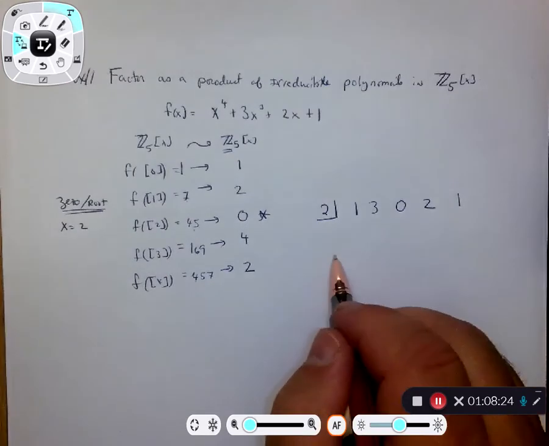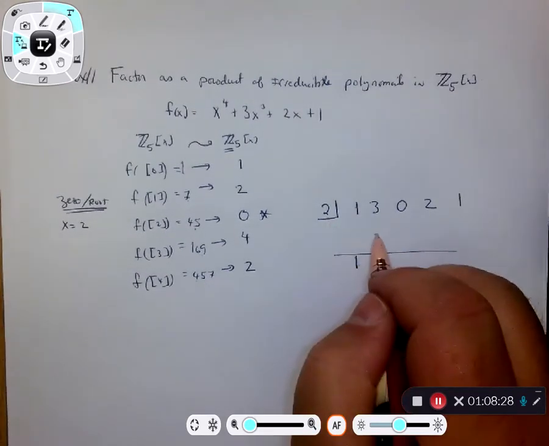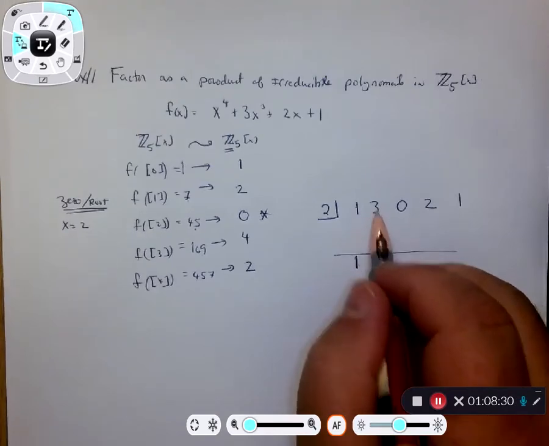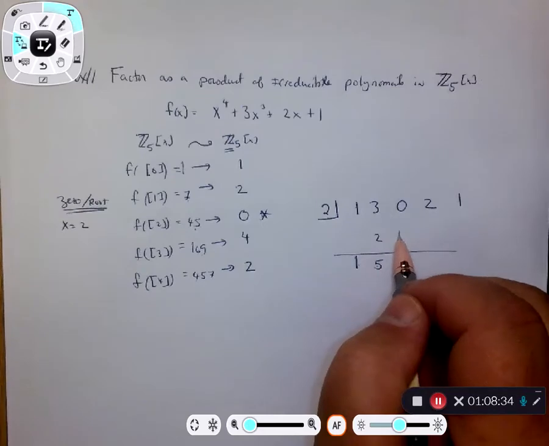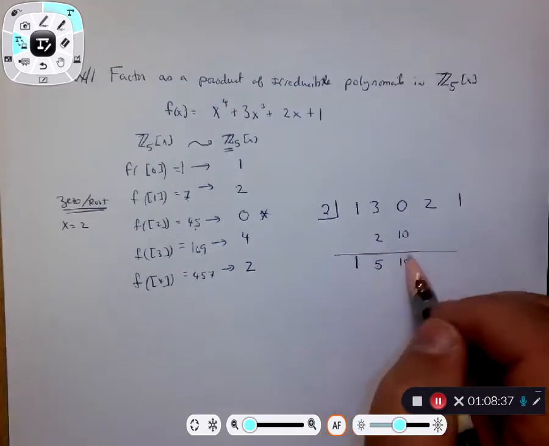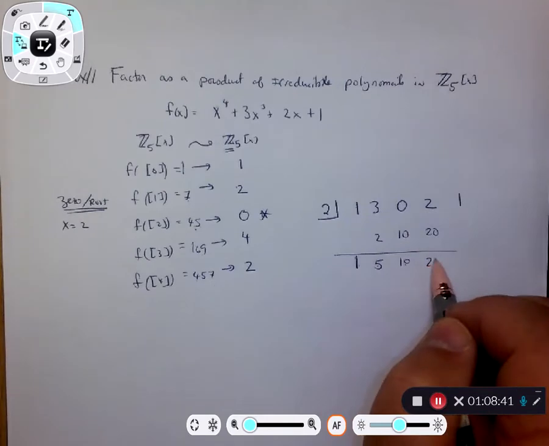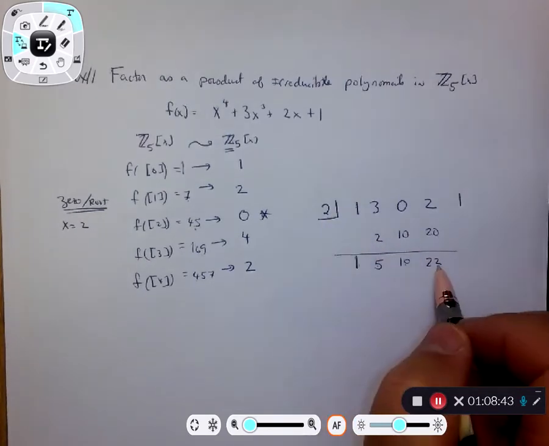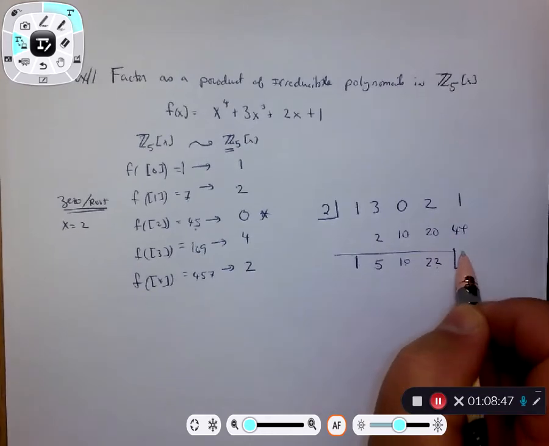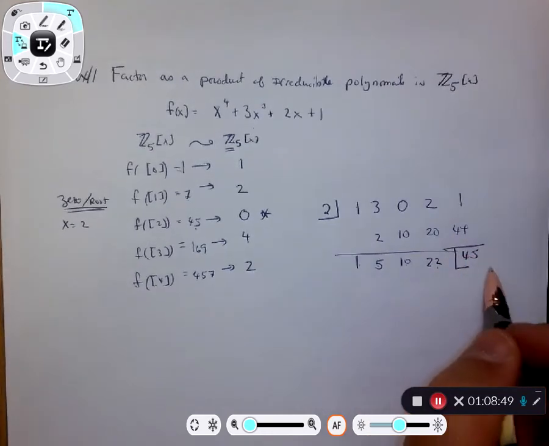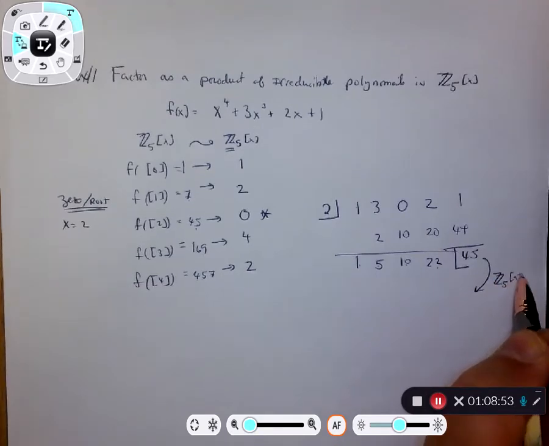Skip a line, draw a line. Bring down my first guy, 1. 2 times 1 is 2. Add 3 plus 2 is 5. Multiply 2 times 5 is 10. Plus 0 is still 10. 2 times 10 is 20. Plus 2 is 22. Multiply 2 times 22 is 44. Plus 1 is 45. But to figure out your polynomial, you've got to pay attention to it and convert it